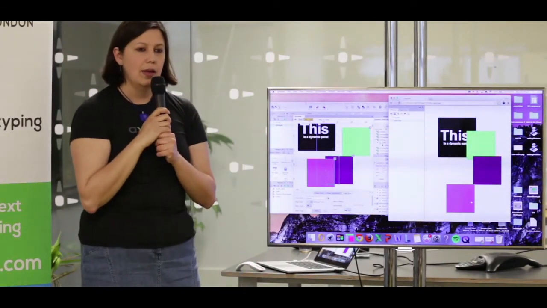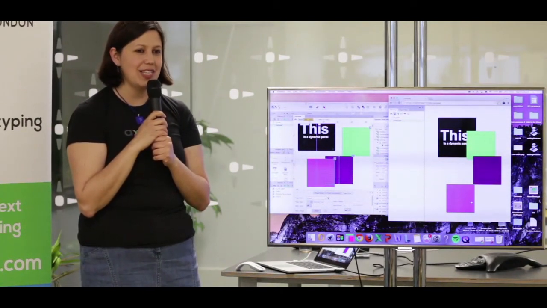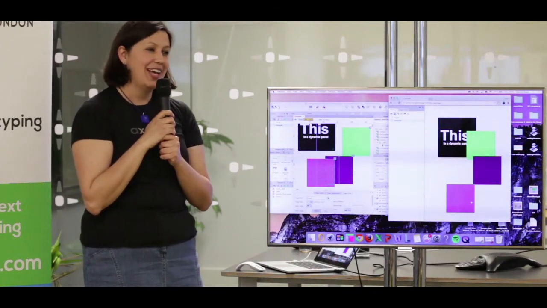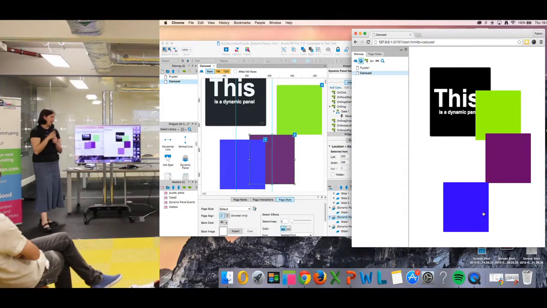Can you have a dynamic panel inside the dynamic panel? Yeah. You can definitely do this. Yes, you can have nested dynamic panels. Yeah, we had a lot of fun a week ago with that one. I am gonna keep it really basic today, but I hate to say this, but if you go to my full-day Axure workshop, I will go into that depth. And the thing with a dynamic panel inside a dynamic panel is that it works really well, but